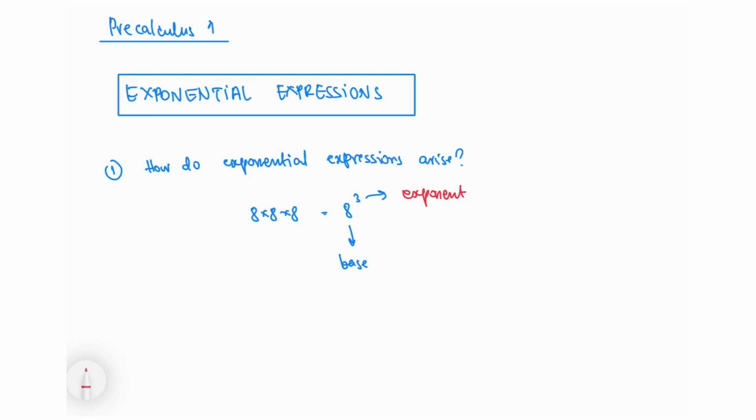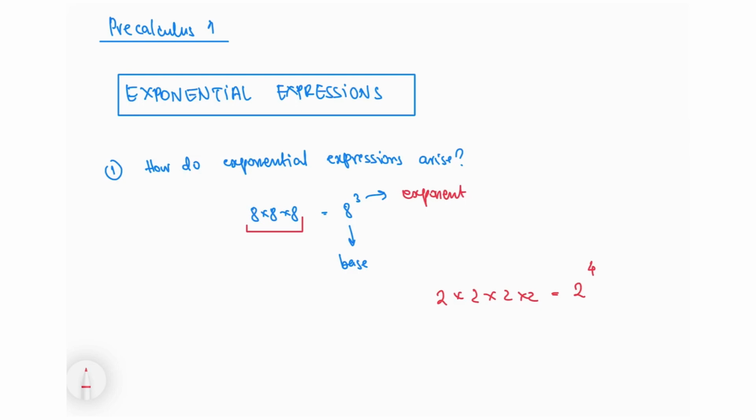So exponents are another way to write long products. Similarly, for example, 2 times 2 times 2 times 2 is 2 to the power 4,